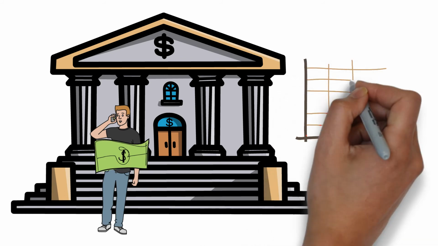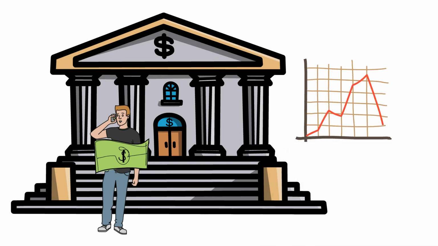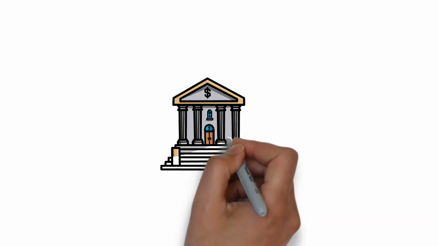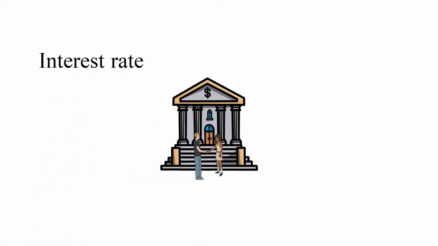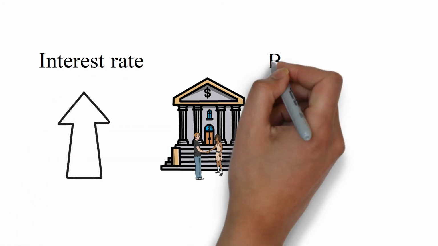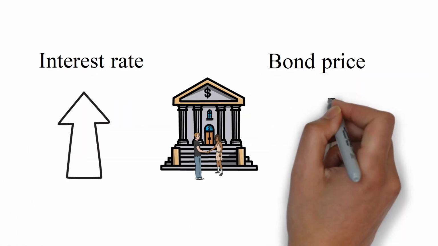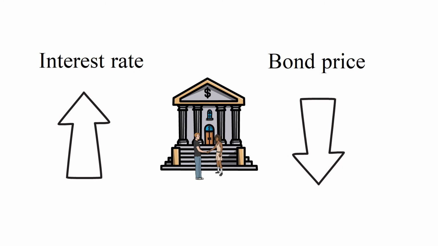But if you buy and sell bonds, you'll need to keep in mind that the price you'll pay or receive is no longer the face value of the bond. The price of the bond will fluctuate depending mainly on the interest rate. If interest rates go up, it means you can get new bonds with a higher return, a higher interest rate, so your current bond will reduce in value because now it gives relatively less interest compared to similar bonds.